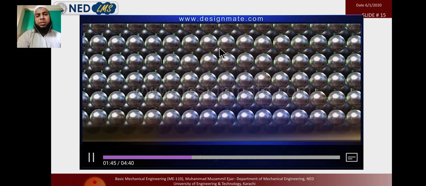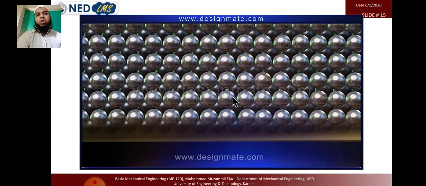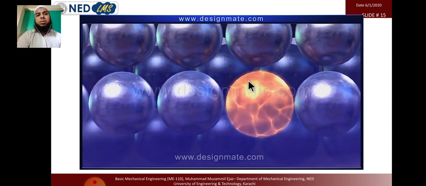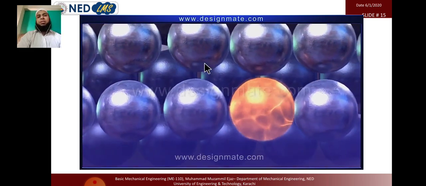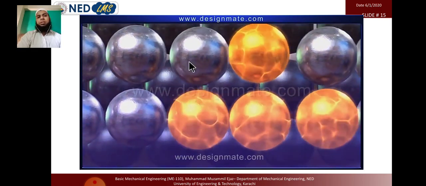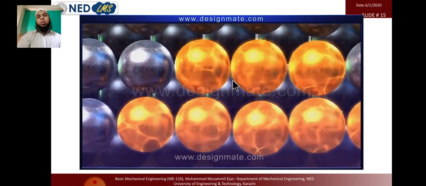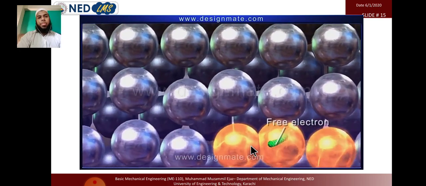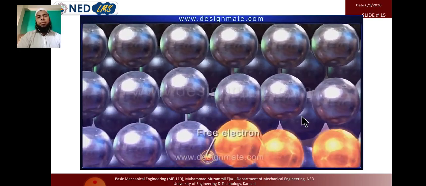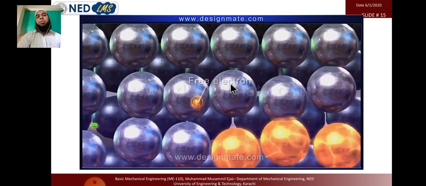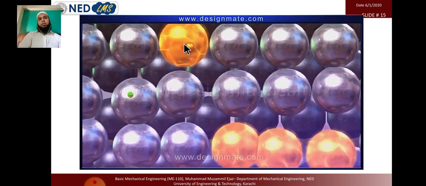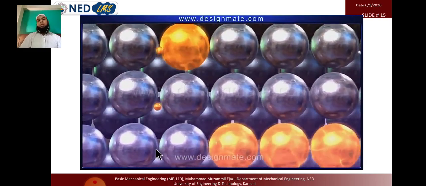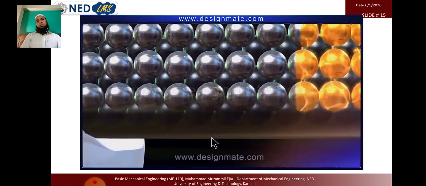So this is basically the video that shows how the random motion in a solid causes heat transfer. The molecules are fixed in the lattice structure, and due to the random vibration motion, it is transferring heat from one point to another. And due to the free electrons, the conduction takes place very rapidly. You see that? The free electron interacting with other molecules, and just due to that